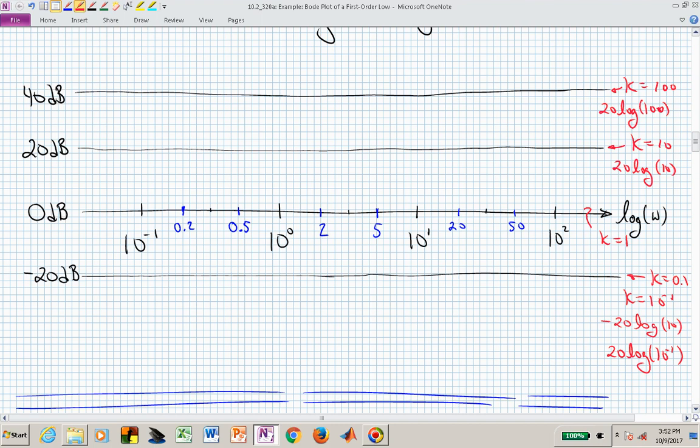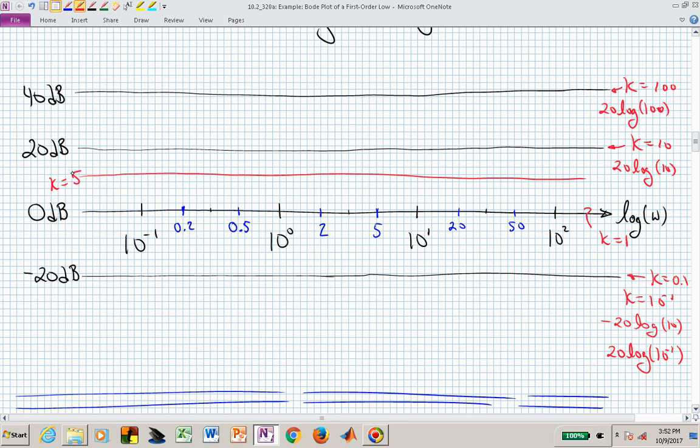So depending on what k is, if k is now 5, now we might have log of 5 being 0.7, and we now multiply 0.7 times 20, or we now have 14 for our gain, and we would then sketch that curve if k was equal to whatever I just said,